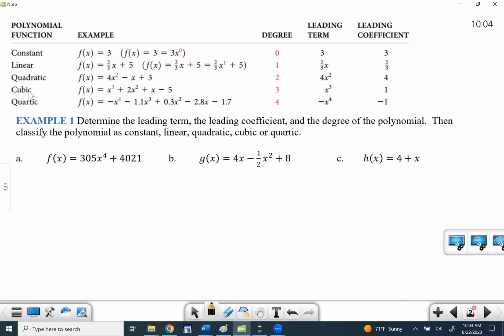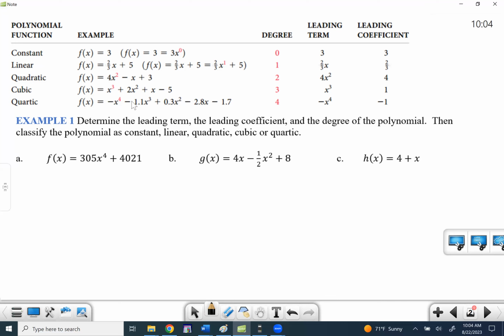These kind of make sense. Cubic would be 3. Remember when we raise something to the 3rd power, we say we're cubing it. And quartic, like there's 4 quarters in a dollar, 4 quarters in a year. So this is the highest exponent of 4. And there's more. They go higher than that, but usually we just call it a polynomial beyond that. 5 and up, polynomial. Now, when you have your polynomial written in descending order, like all of these are, from highest exponent to lowest, 4, 3, 2, 1, and none,